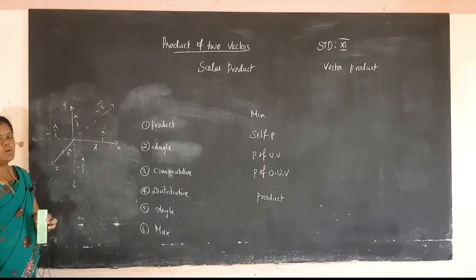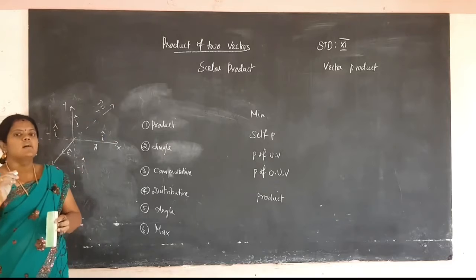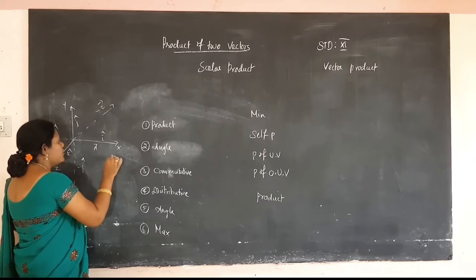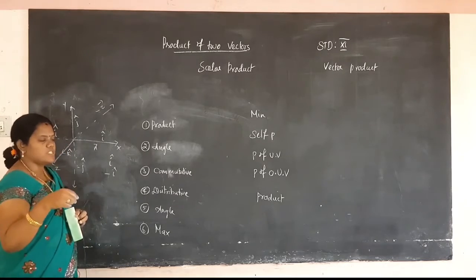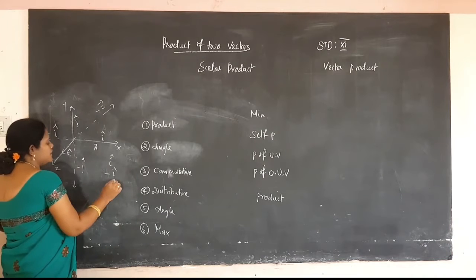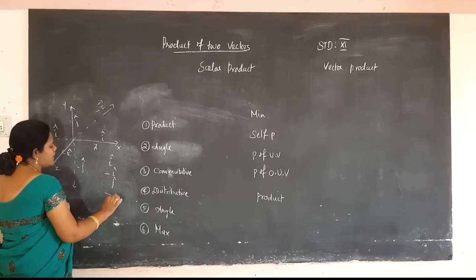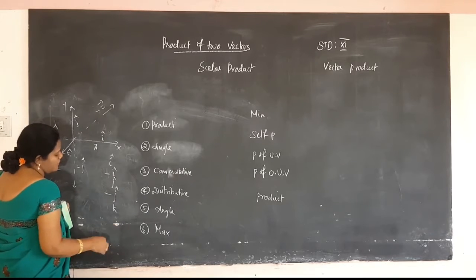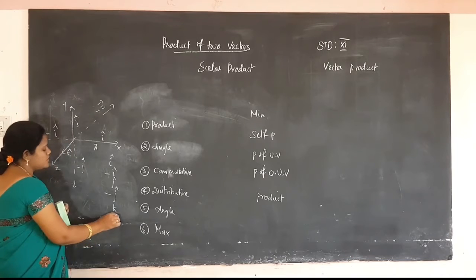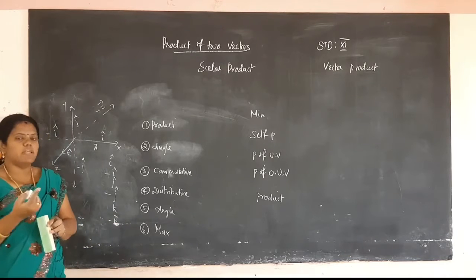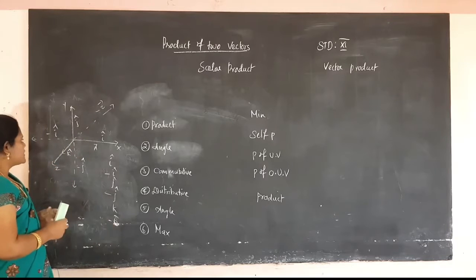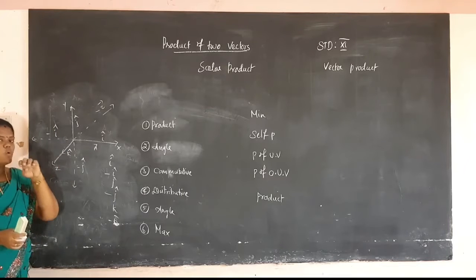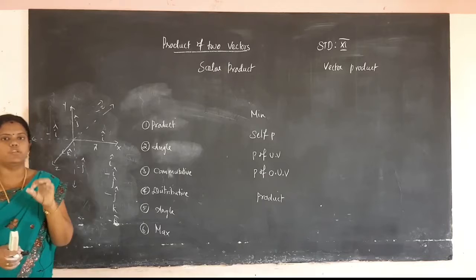Okay. So orthogonal unit vectors are mentioned as positive in the positive direction, and in the opposite direction minus i cap. Similarly, along the y axis in the positive direction we take the j vector, but in the opposite direction minus j vector. Along the z axis the unit vector is k, but in the negative direction minus k vector. So these are the unit vectors mentioned in the same direction but also in the opposite direction. When going in the same direction and when going in the opposite direction, you should know how it is represented. Okay? So this is the component of unit vectors using their orthogonal unit vectors also.